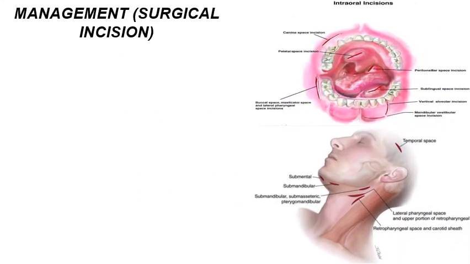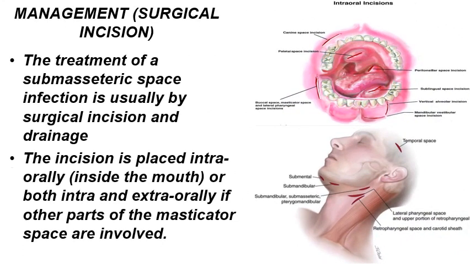What about the management and surgical incision of the submasseteric abscess? It's usually done intraorally and sometimes accompanied by extraoral incision if you feel that the intraoral incision will not be able to evacuate the abscess completely. This is the intraoral incision. It is carried out at the anterior border along the external oblique ridge at the anterior border of the ramus, and this is the extraoral incision around the angle of the mandible. And of course, the intraoral incision is more preferable to avoid facial scarring.